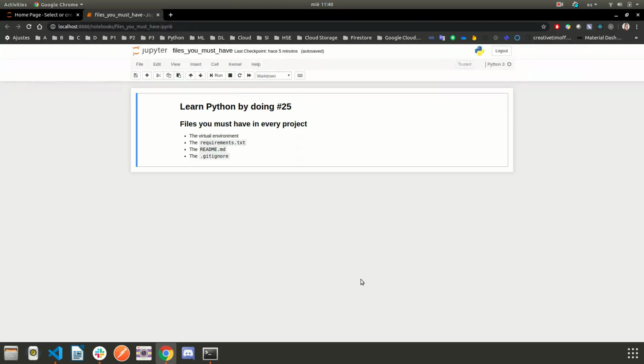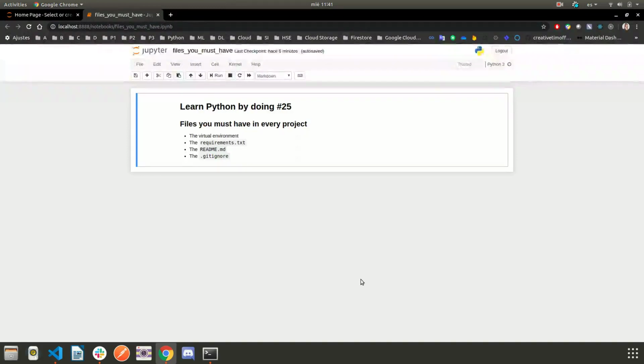The second file is the requirements.txt, where you specify all of your dependencies. So every time you do pip install in your machine, maybe you forgot that you installed some package. In fact, it's a challenge for you to know what packages you installed, because maybe it was a long time ago and you don't remember now. So in order to remember what you installed in your virtual environment, in this case, you have to put the